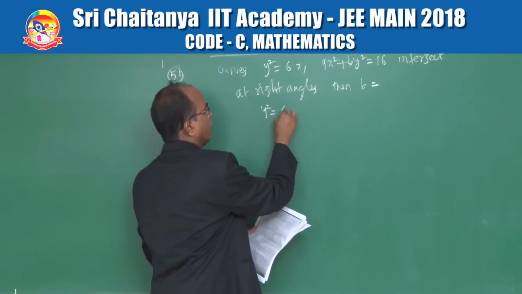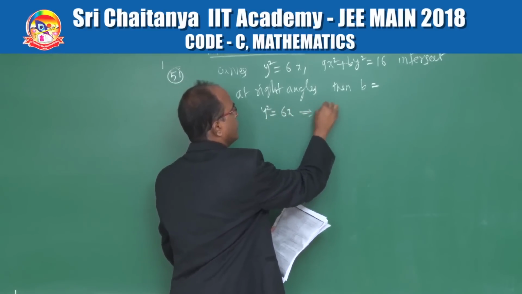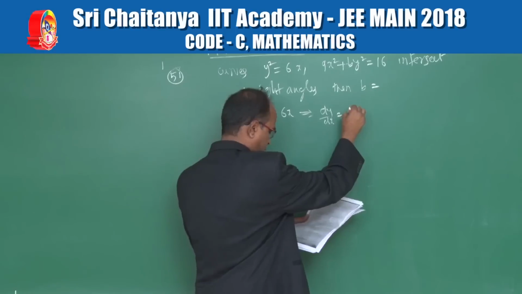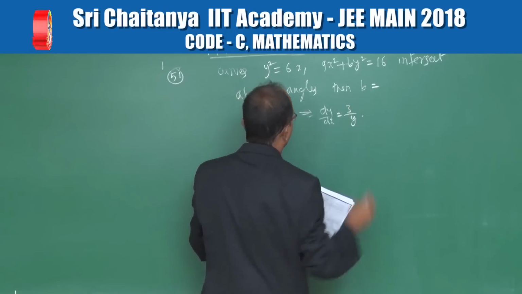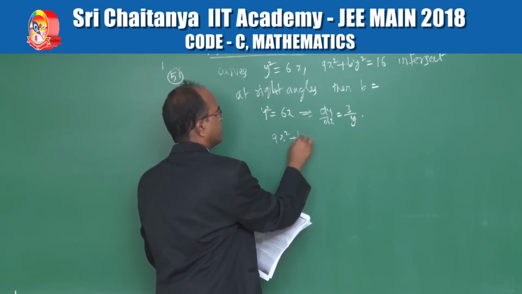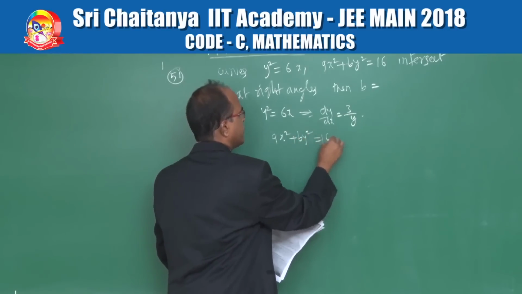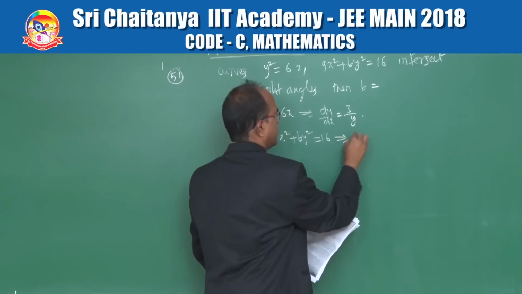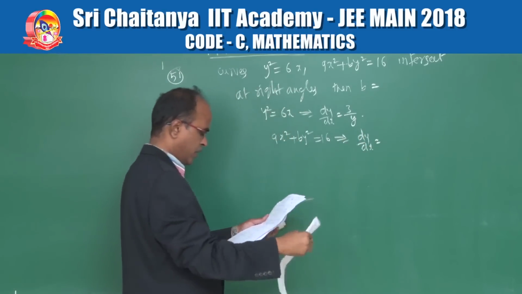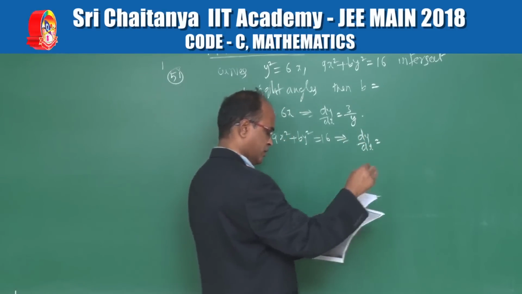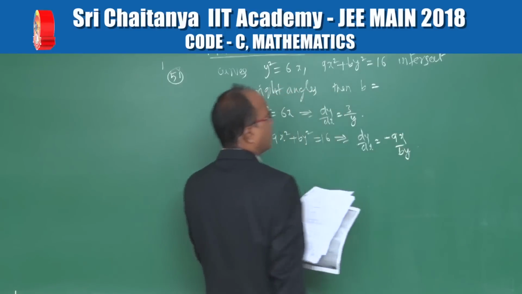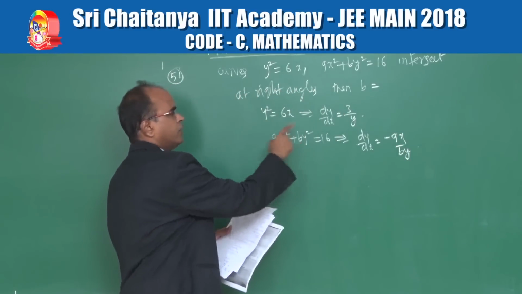Therefore, for y square is equal to 6x, we write dy by dx, it is given by 3 by y, and for the curve 9x square plus by square is equal to 16, we write dy by dx given by minus 9x by by, and at the point where they meet,